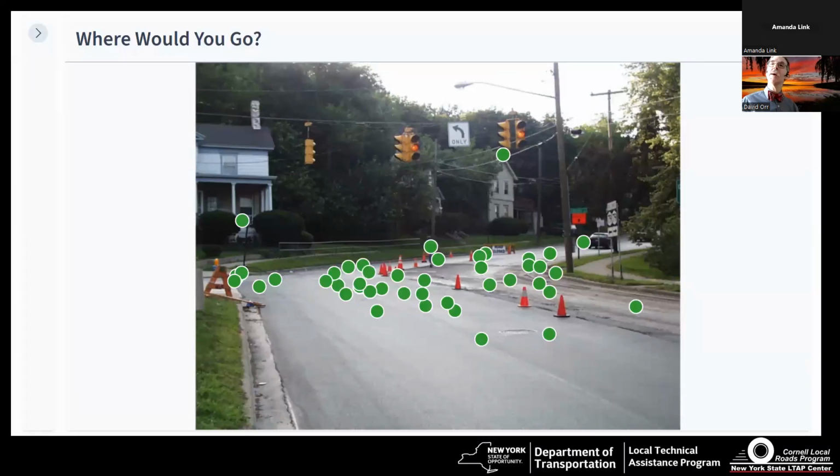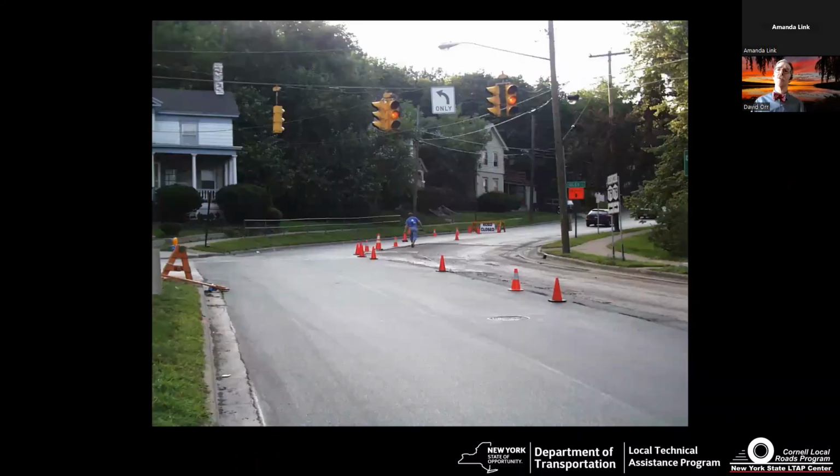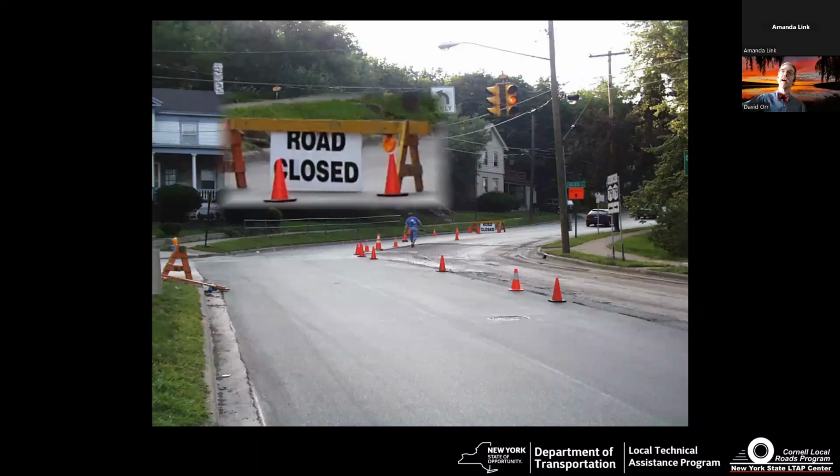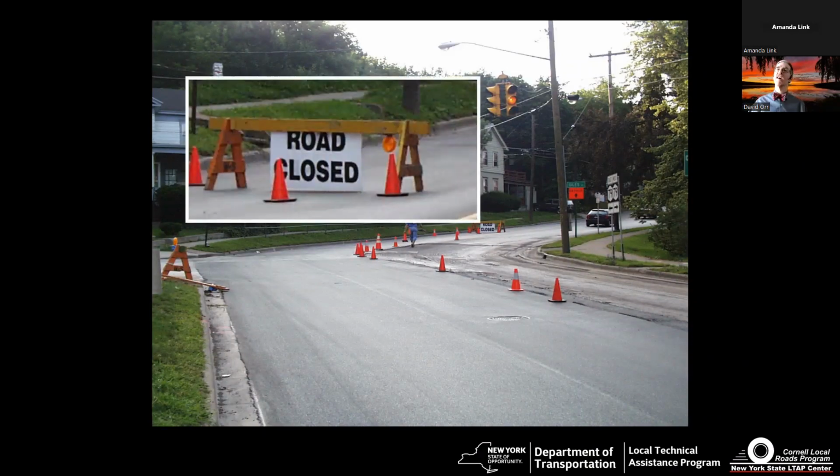You're supposed to be up here by the vehicle that's up on the upper right. A couple of you clicked on it. The reason why this doesn't work too well, though, is because if you look carefully at this particular location, the sign was being repurposed, and it says on the backside, road closed. So as you drive up to the intersection, you see a sign that says road closed. You're like, what do I do? Even though you're supposed to have gone around to the right. So something to think about.